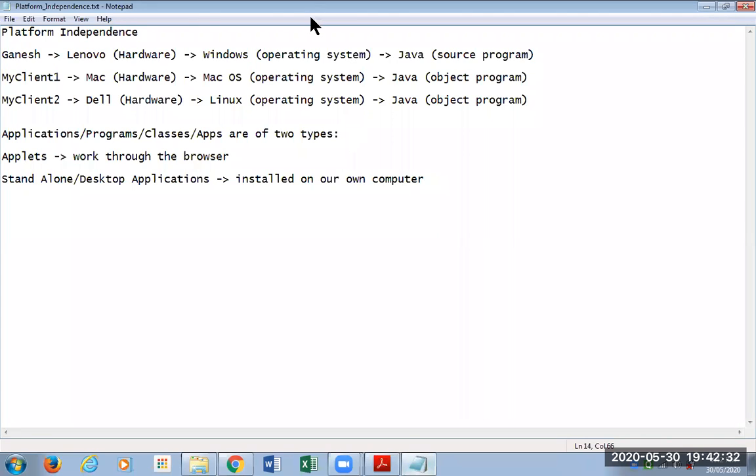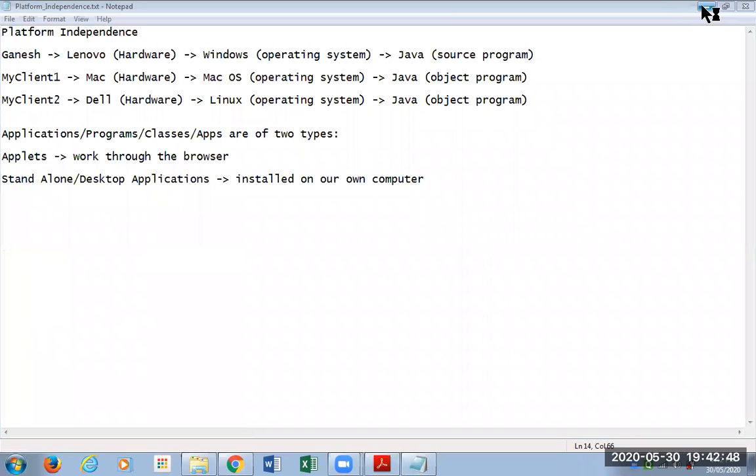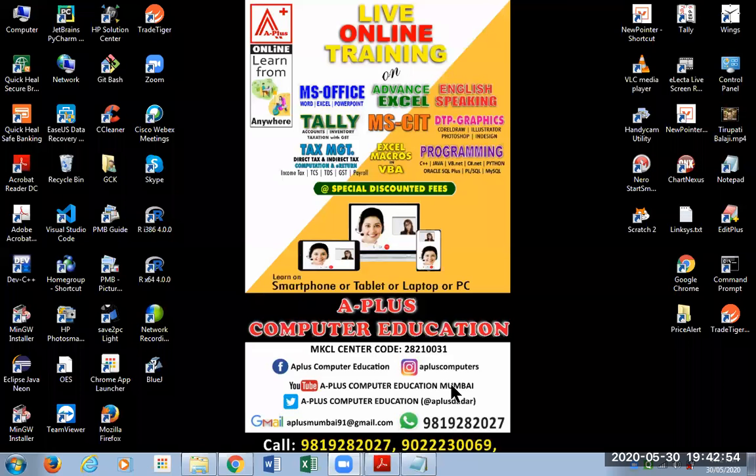She can see the recording once things are normal, or she can join whenever it's convenient for her. Yeah, guys, I'll start my BlueJ software. I'll check your homeworks.